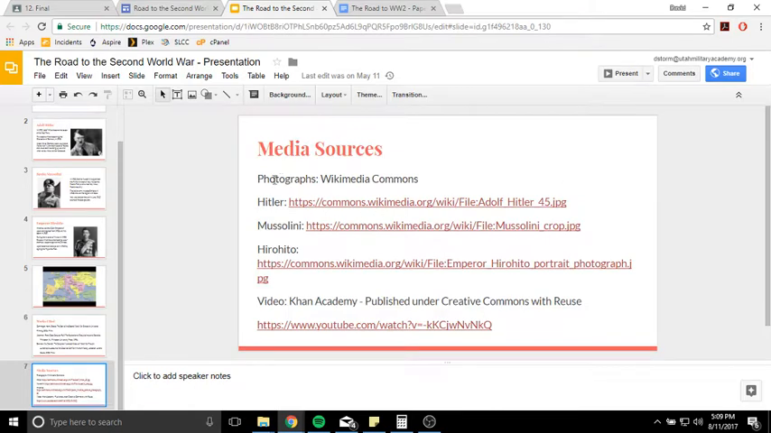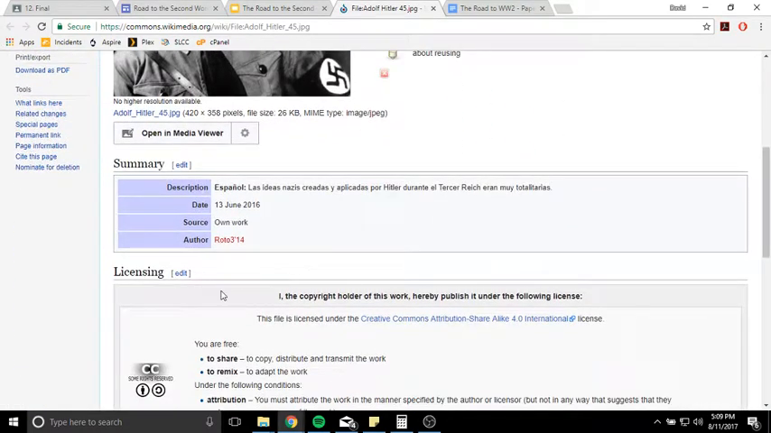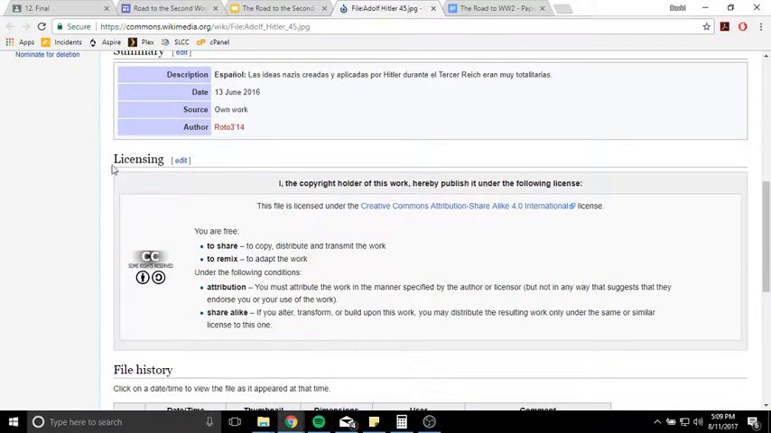And then down here I have my media sources slide that basically says where I got all my media from. So the photographs, I got all the photographs from Wikimedia Commons, and I have links to those specific pages where I got those photographs. So I can go to the Wikimedia Commons. And Wikimedia is a great website because it tells you specifically the licensing information. So the copyright holder of this work publishes it under Wikimedia Commons with a